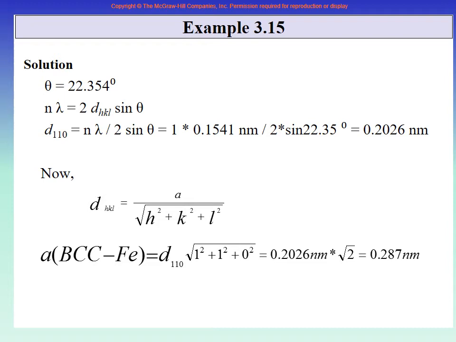Now, if this is correct experimental data, then the example is telling you that this is the material, this is BCC iron. So go to the BCC table back and find the A value for iron. Find the A value for iron. Wow, 0.287 nanometer. Right, so this is incredible.